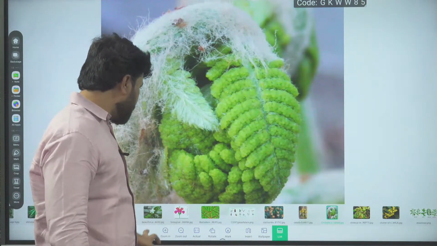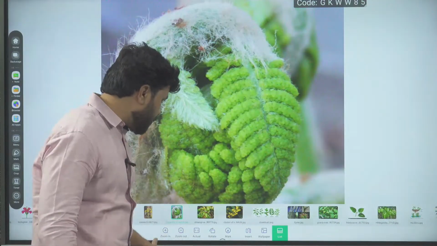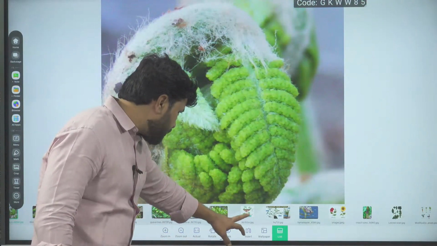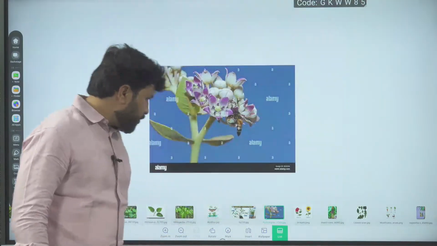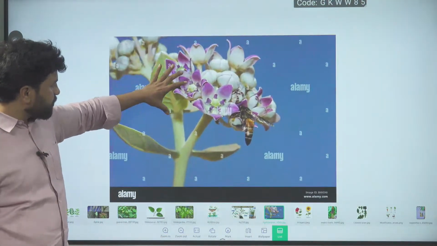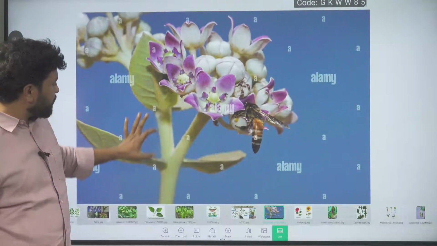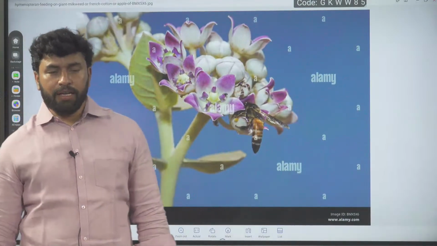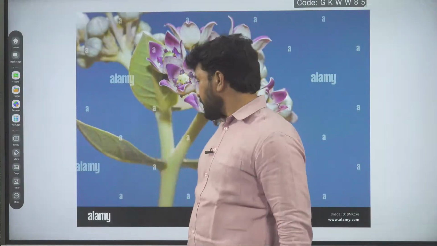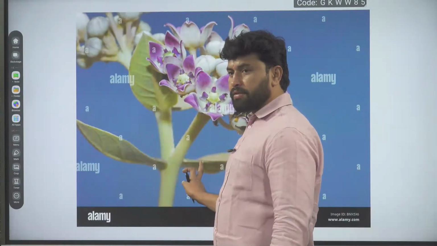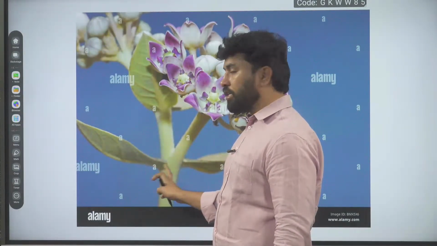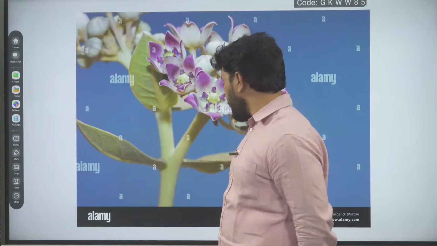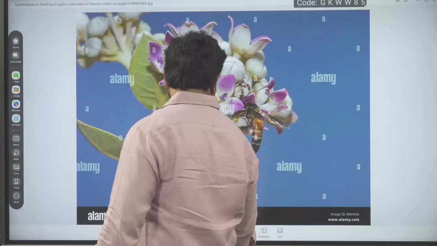In the stem modifications and leaf modifications, there is another variety of modification that we need to discuss. Earlier I told you about Calotropis. I have mentioned Calotropis is an example of a plant that has opposite phyllotaxy. Two leaves developed on the same node are arranged in an opposite manner. This phenomenon is called opposite phyllotaxy. Next one,